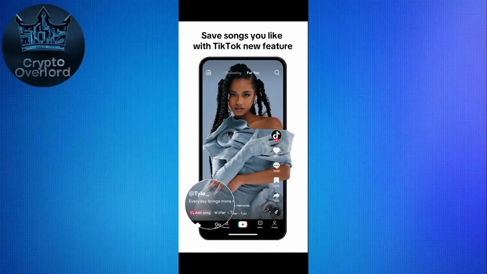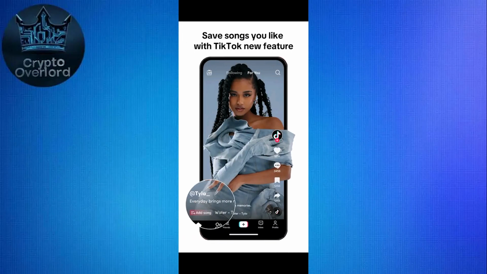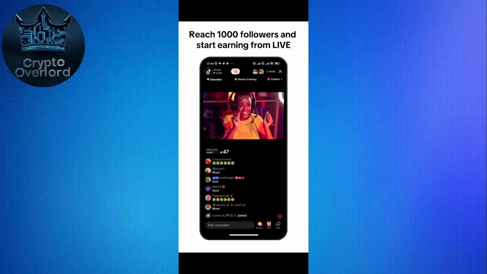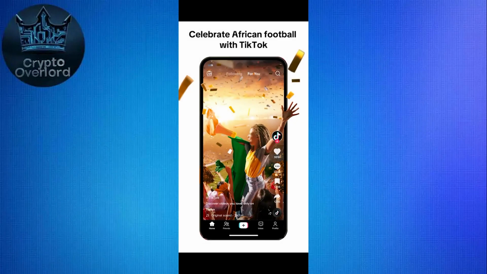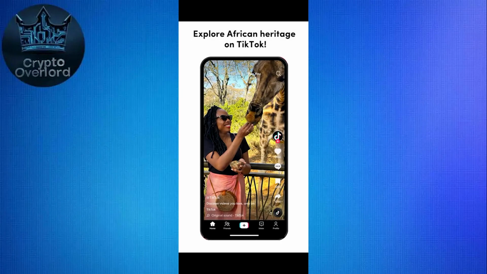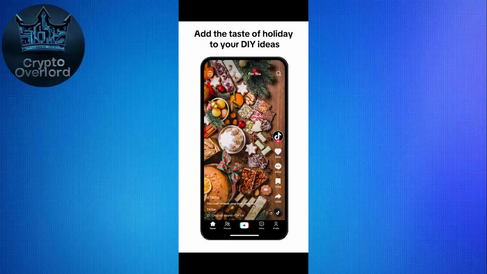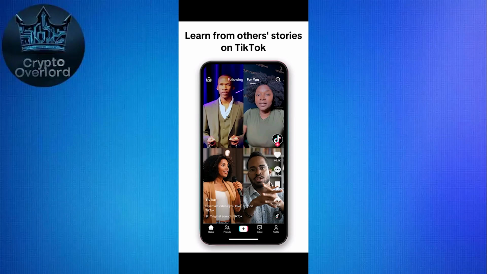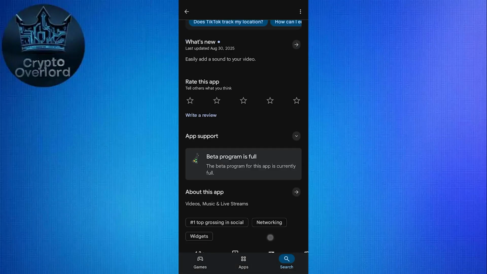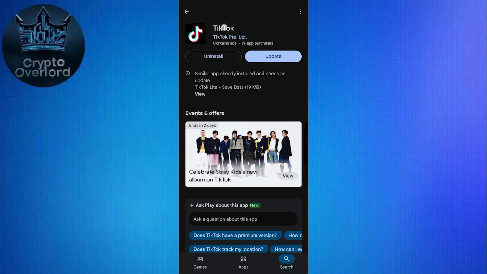TikTok doesn't provide the stream key to all users. By default, you need to meet certain requirements such as being over 18, having at least 1,000 followers, and being eligible for TikTok Live. Once enabled, you can use your stream key to broadcast through third-party apps like OBS, Streamlabs, or mobile streaming tools. And here in your Play Store or App Store, make sure that the TikTok app is